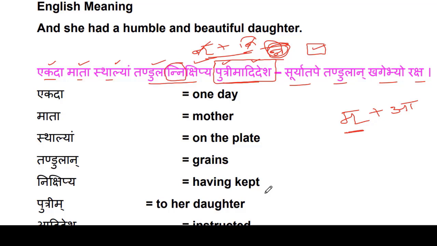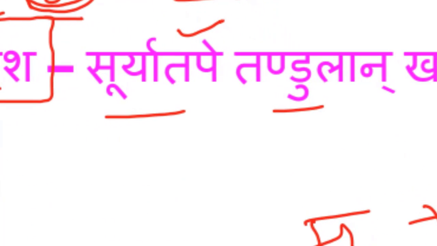How can you split Putrim Adidesha? The first word ends with M and the second word starts with A. When these words are joined together, we get Ma. In Ma, there is no change actually. Ma is there, A is also there. Nothing going and nothing coming, no change is happening there. So Putrim Adidesha is a Samyogam, not Sandhi. But two words are there: Putrim plus Adidesha.